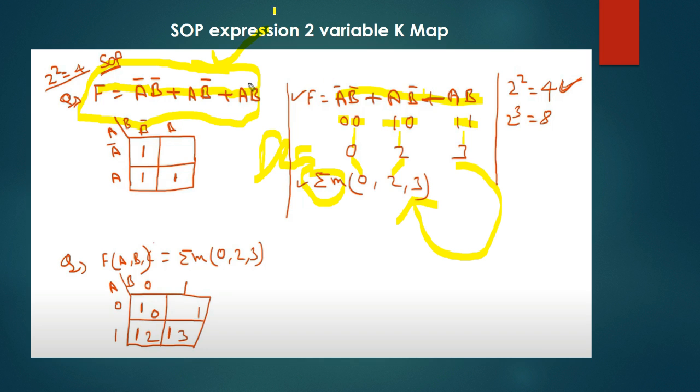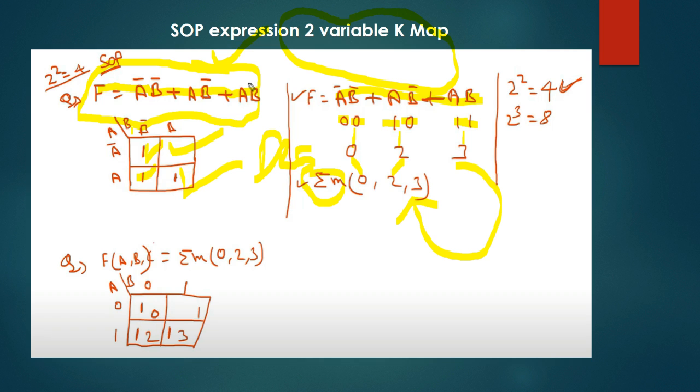And as in the question paper it is given that it is a 2 variable Karnaugh map, and even if this is not given, from the given function itself we observe that we have only two variables, A and B. So that's why we have to build 2 to the power 2, that is 4 cells. In this manner we have built 4 cells. This is cell 1, cell 2, this is cell 3, and this is our cell 4.